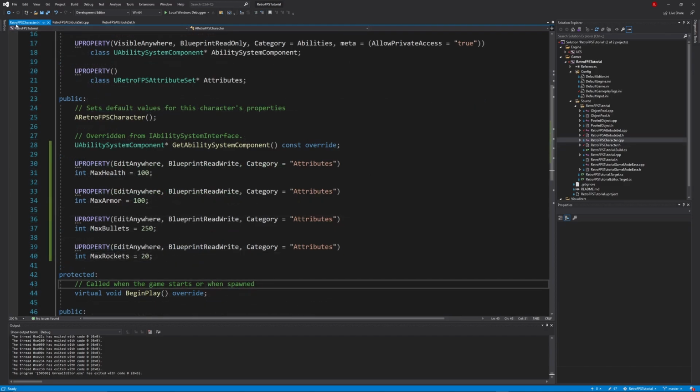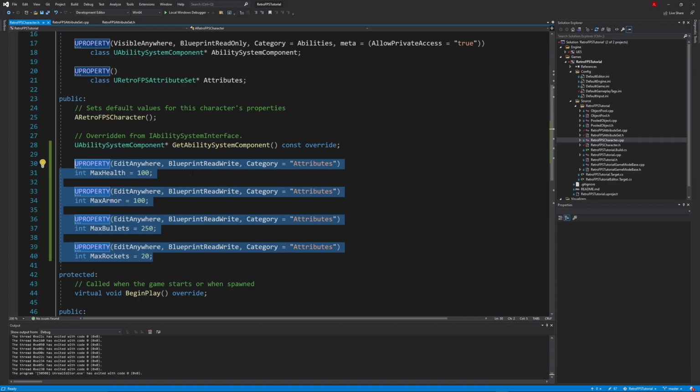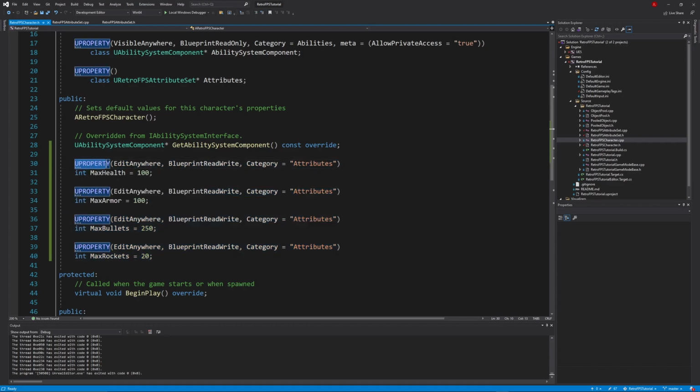All I did in the Retro FPS character header was add 4 integers, and I made sure each one was a UPROPERTY where I could edit them anywhere, have them be blueprint read write, and I added them to the attribute category. The integers I created are max health and max armor, both set to 100, and then I chose max bullets to be 250, and max rockets to be 20, because we'll be adding a rocket launcher in a future video.